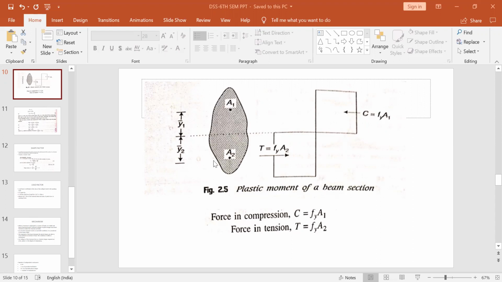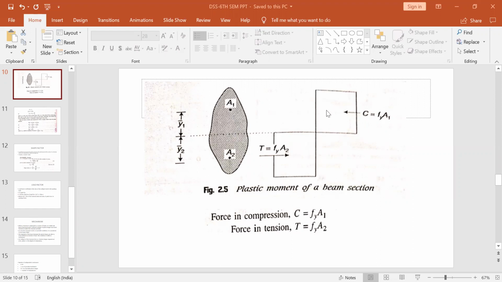So for that, an irregular shape has been taken. Now this is the axis. This axis is called the plastic neutral axis. Now you can see this is the stress curve, how the stresses are developed. So fully plastic moment has been achieved by this beam. Above and below this neutral axis, both the areas have yielded fully and plastic moment has been reached. That is why this stress diagram is rectangular. It is not linear. It is not triangular.